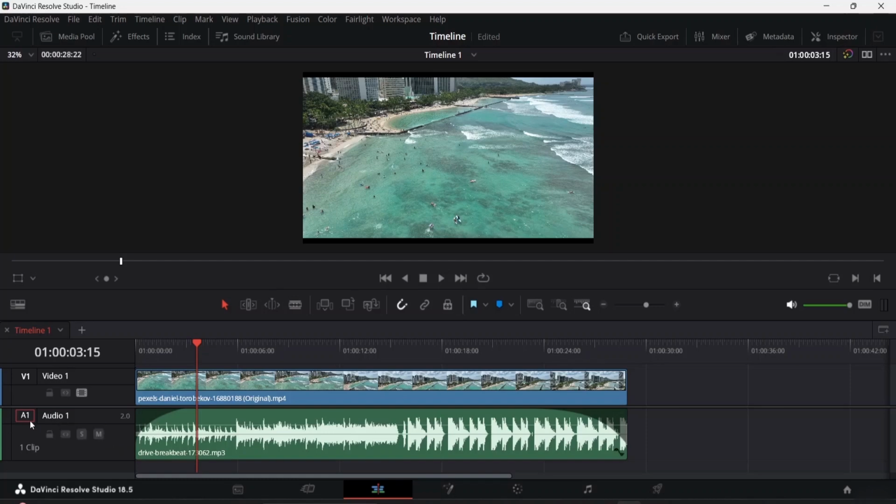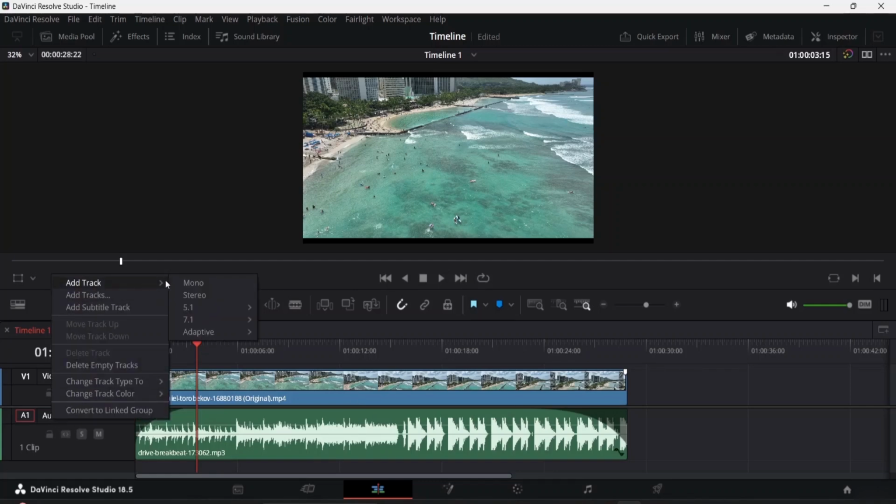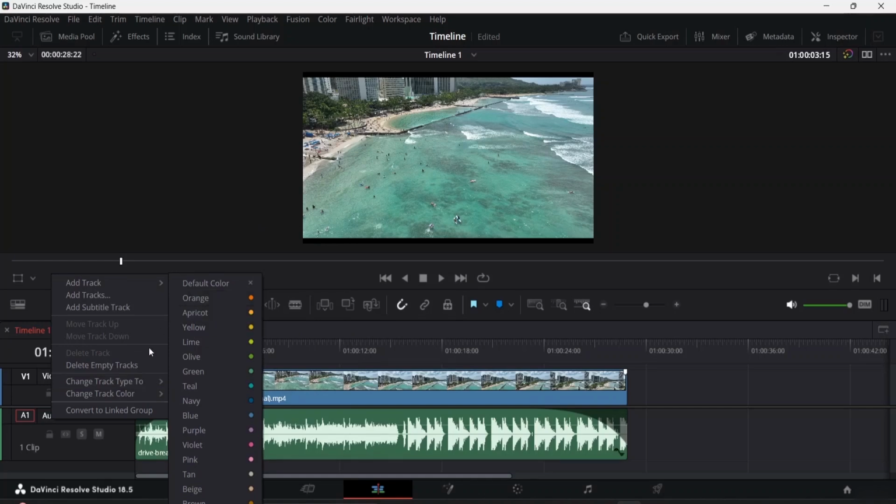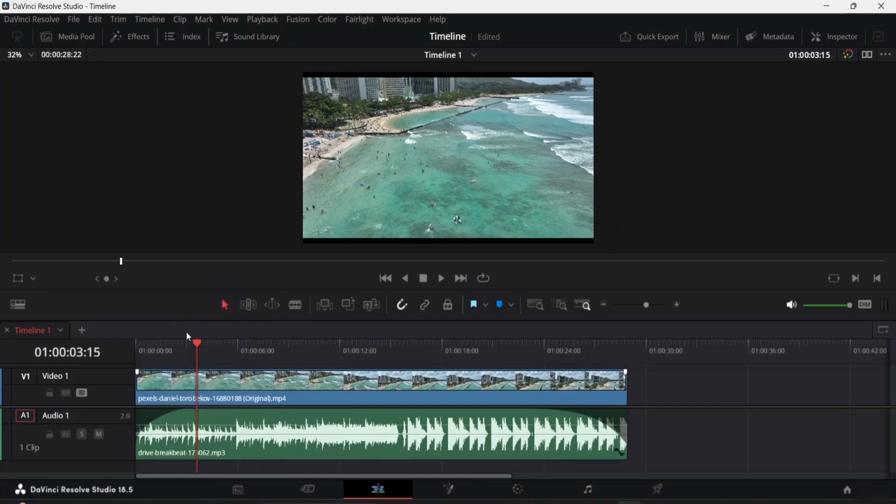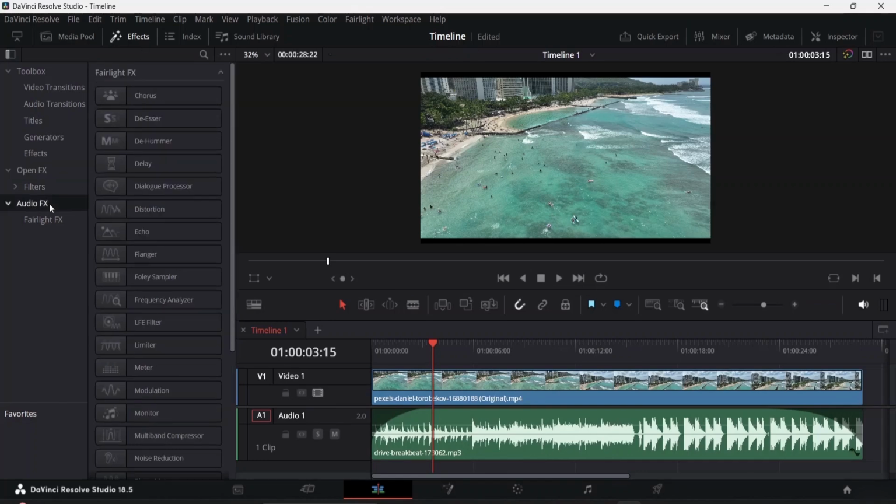Okay, and I have already explained to you guys about the audio and the other things. Okay, this is the audio panel. If you want to add more, click here, and from here if you want to add tracks, what type of tracks you want to add, is it a stereo or 5.1, 7.1, and here are also different things. Once you start working on this particular application, you will be able to gain more knowledge about all of this. Okay, and let's come here in the effects panel and look at some of the audio effects